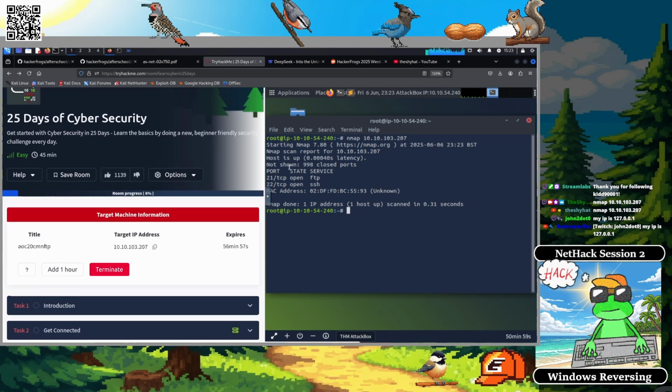Okay, so now that we know that FTP is running on this particular IP address, we can actually access the FTP service. So you can do up and down in your terminal to get the history of the different commands you did. So just push up and down arrow keys on your keyboard, and you should be able to do that. So what you want to do is get the nmap command from earlier, but delete nmap and then type in FTP. So after that,